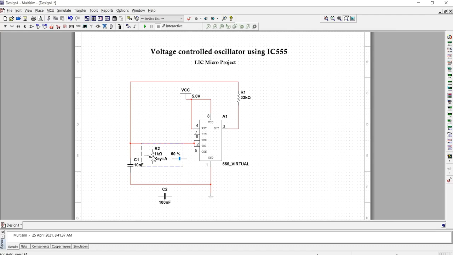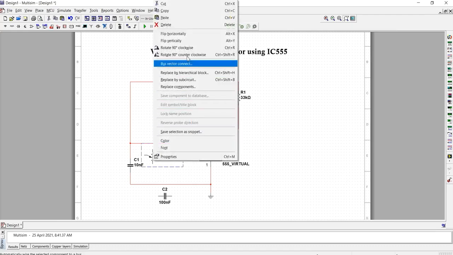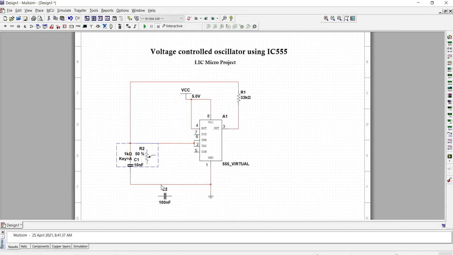Now we make the potentiometer connection. First, flip the potentiometer horizontally. The potentiometer's middle terminal is connected to pin number 5. The second terminal is connected to ground and the first terminal is connected to VCC.